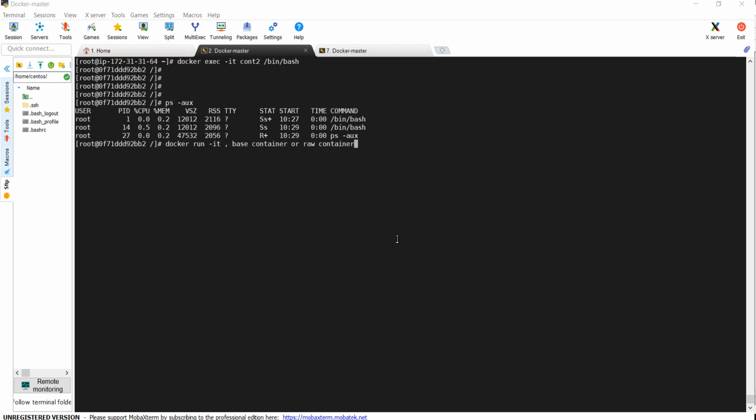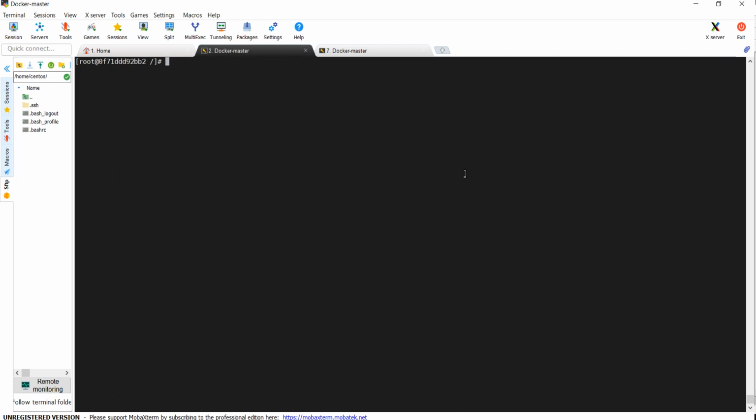Now we will launch a container called a service container, and in such a type of container there must be a daemon that is running at the backend. So no need to specify any bash shell when you launch that. So we launch a MySQL container, that is our service container. Let me check what images we have available with us.